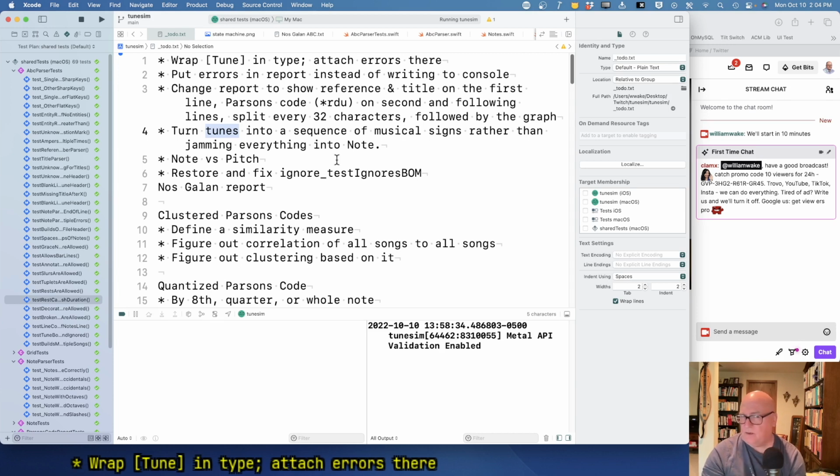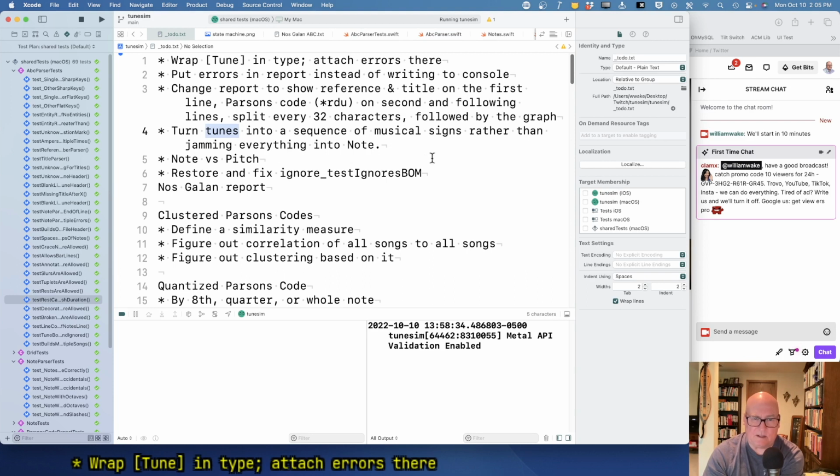I'm not sure the right thing to call it, but I think these signs, some of them go with a note, and some of them are more about a series of notes, and then there are like the bar lines that divide up the music a certain way, and you can have things that cross bar lines and all kinds of stuff going on. It's a deeper analysis to find that, and so I kind of think we should be producing